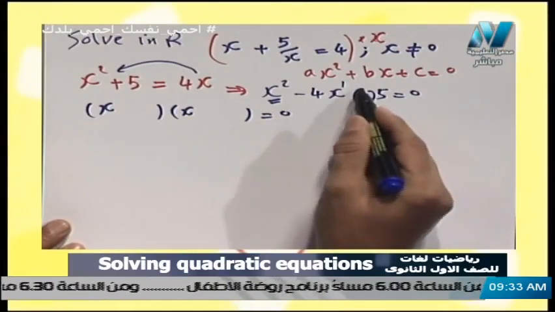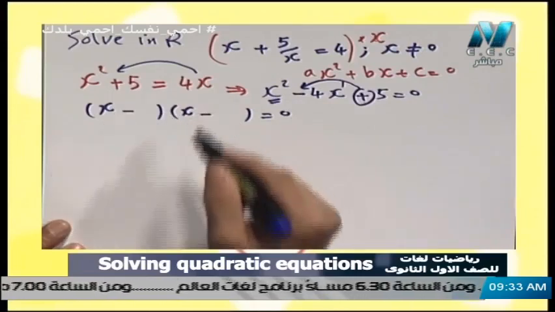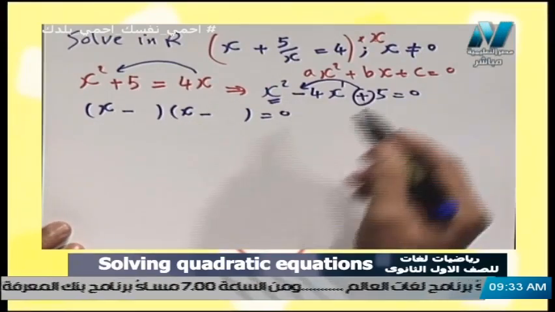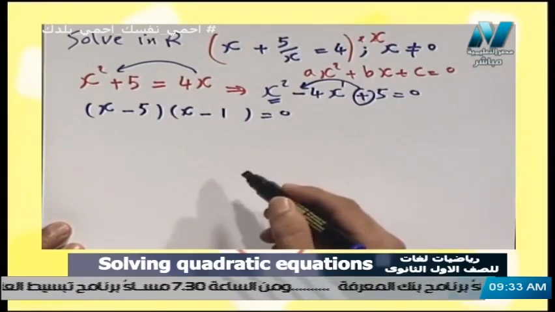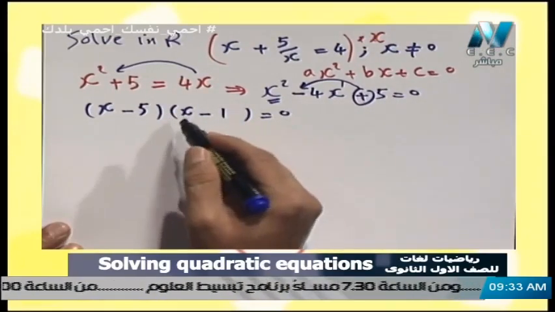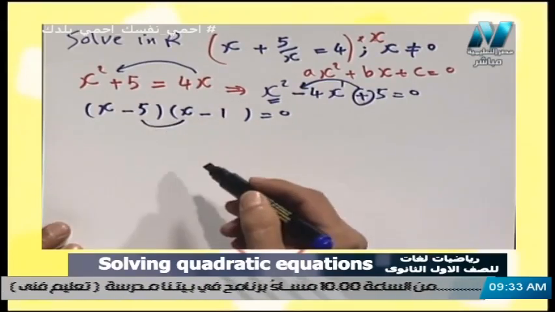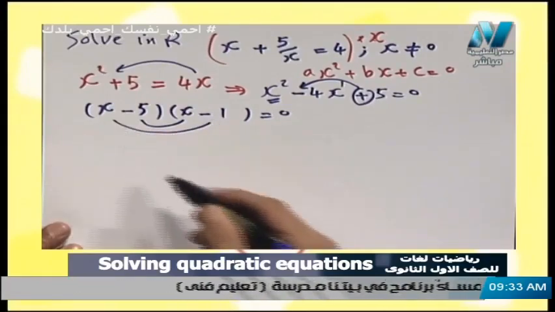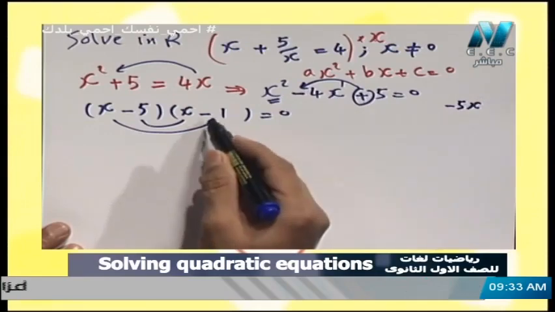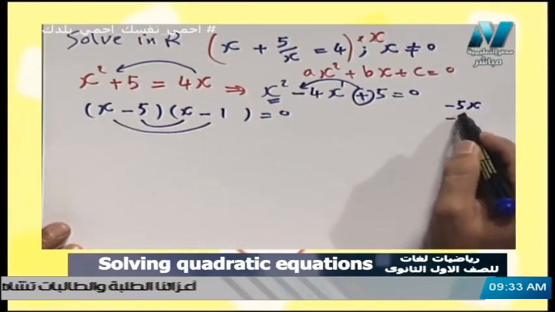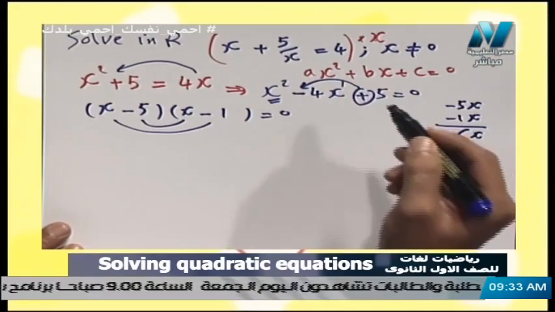Okay, and we sign it by this negative, so the answer will be negative multiplied by negative. And 5 here is 5 multiplied by 1, or 1 multiplied by 5. To find out if the solution here is right, we find the product of means and product of extremes. Product of means negative 5x, and the product of extremes equals negative 1x. Their sum, of course, equals negative 6x, and this is,